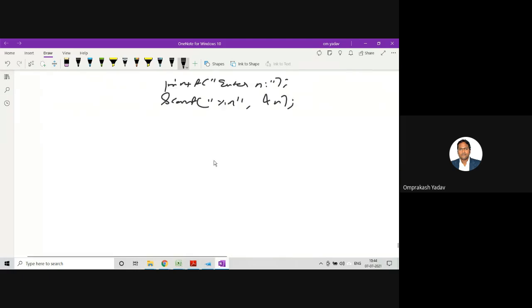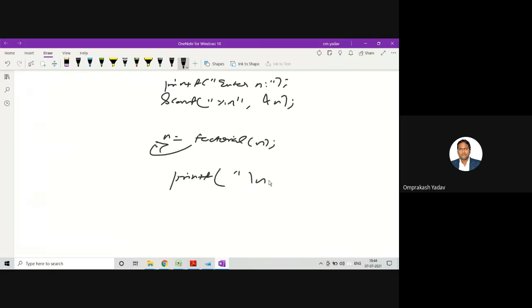So I'll call that function: n is equal to factorial n, and whatever the factorial is, it will calculate for this particular number and insert it inside this n variable. So we'll print at the end, printf factorial is equal to %d, n.